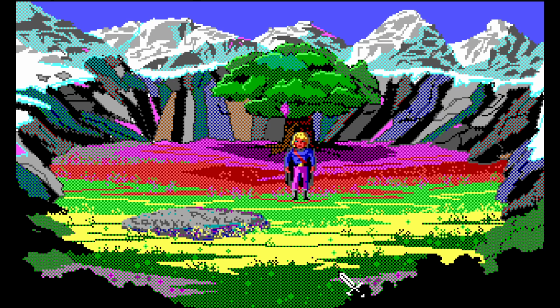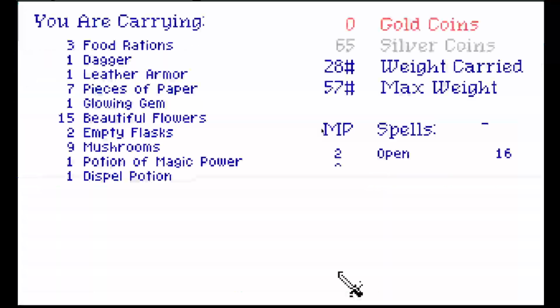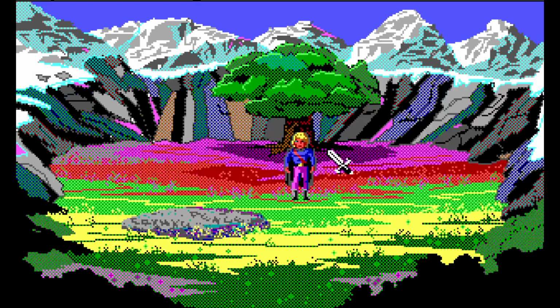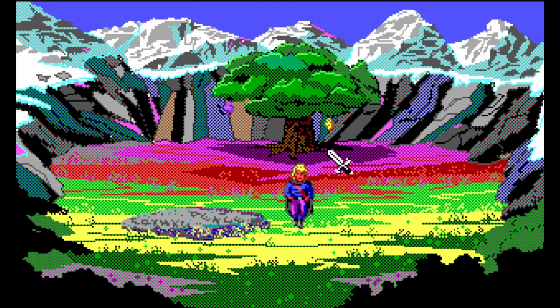Okay, anyway. Okay, stop it. Alright. Okay, so everything's been refreshed. Let's save. So this is day 7. And it's Baron's son time. Unfortunately, I already know where he is. Question is...